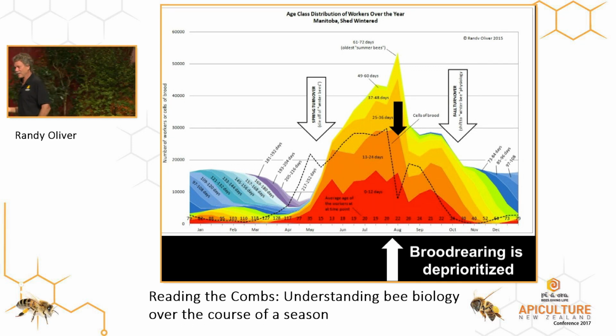And that's a good thing, because what they want to do is drop their population after the main honey flow. The bees' survival strategy is to build the population up to the main honey flow and then drop that population down and have the minimum number of bees to hold the fort until the next year when they can reproduce again.